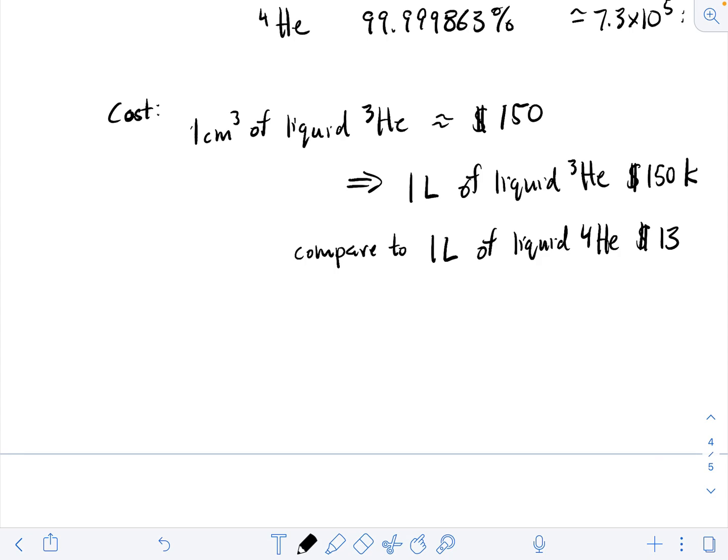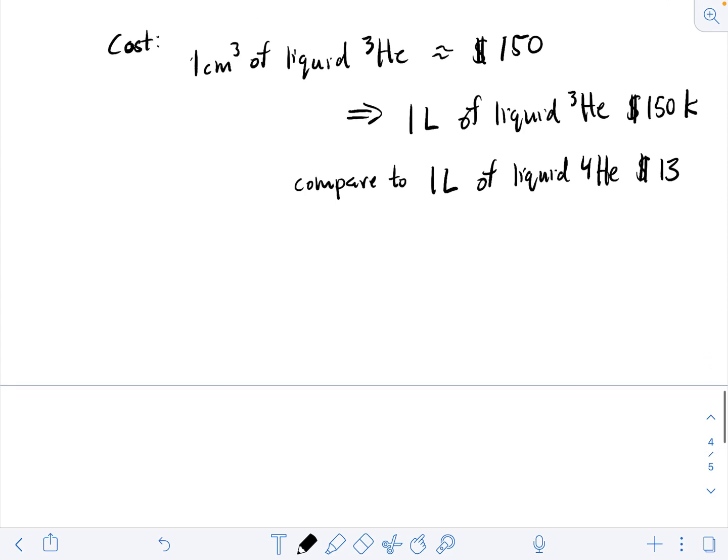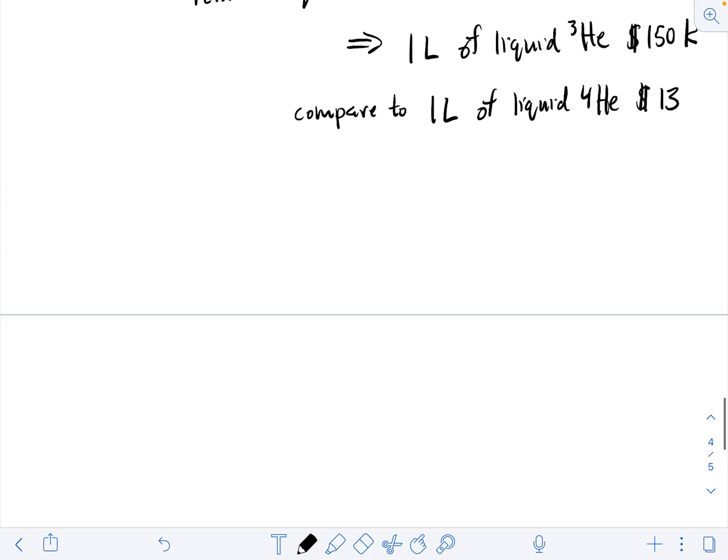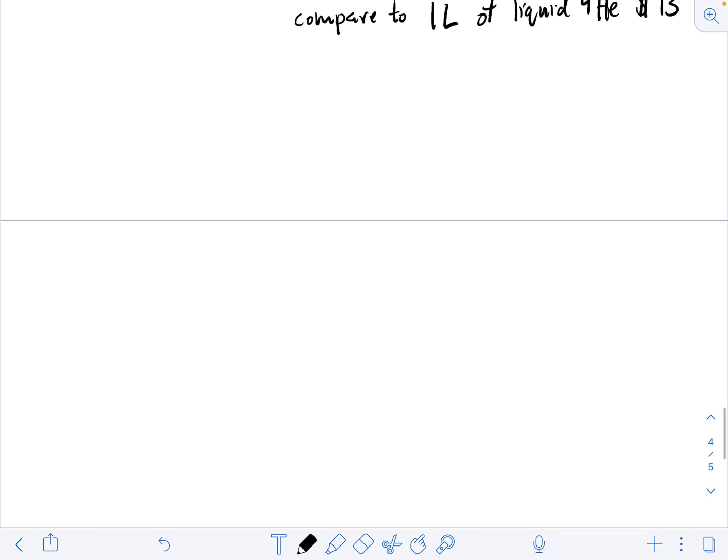And so if you're going to go through the extra expense of getting liquid helium-3 so that you can go from a base temperature of 1 Kelvin to 300 millikelvin, you should have a very good reason for doing that, because it's going to be very expensive. Okay,